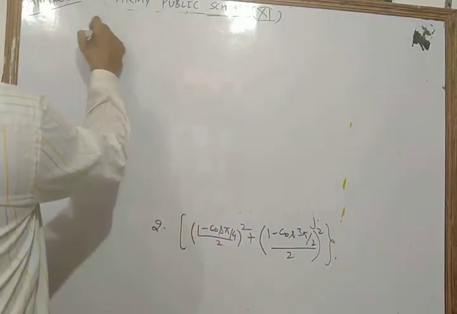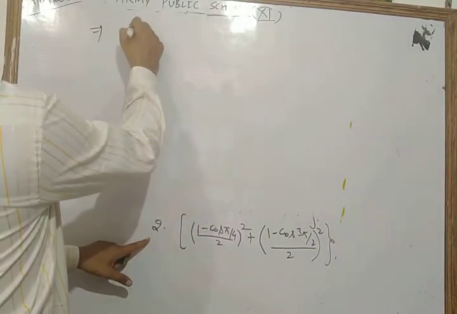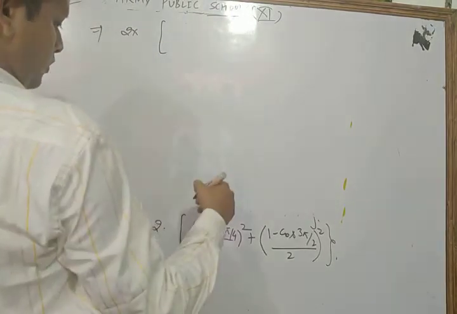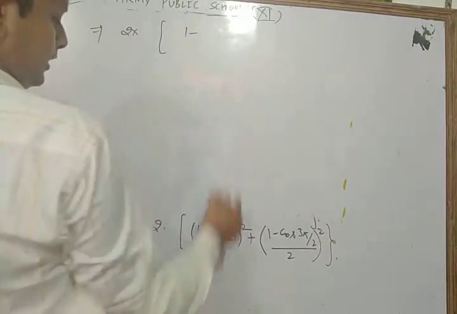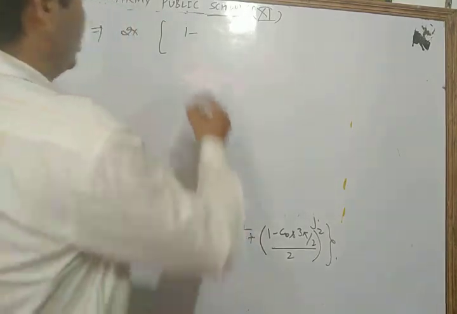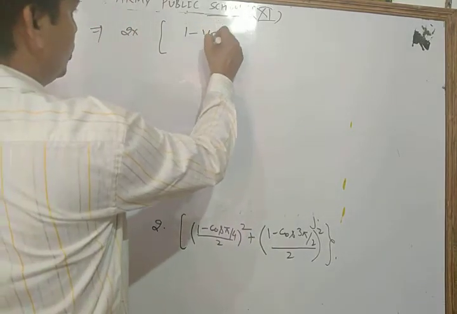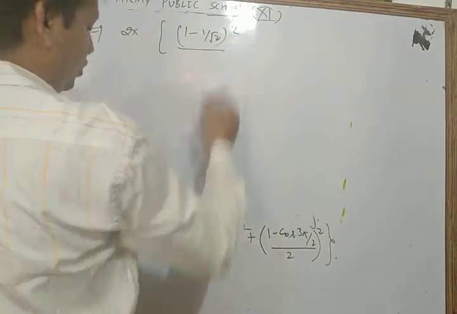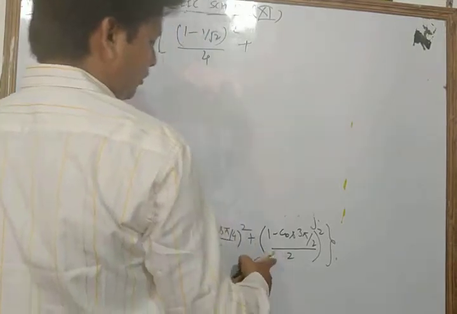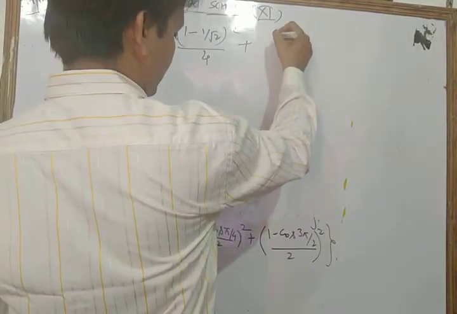Now let's see, we have 2 into 1 minus the value of cos pi by 4, which is 1 upon root 2. So 1 minus root 2 whole square upon 2 to the 4, plus here what do we get? What is that? 1 minus